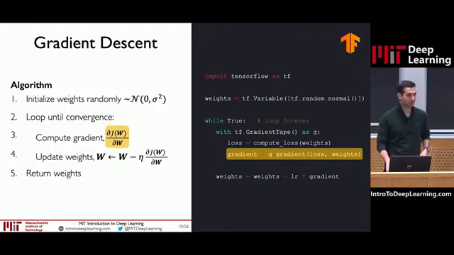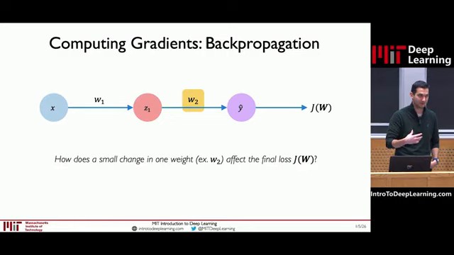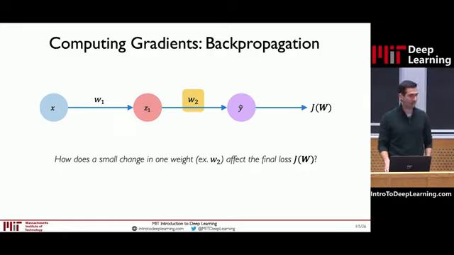So let's talk about actually computing the gradient for a neural network, and this is a process known as backpropagation. We already learned about forward propagation of information through the model. Now we'll learn about backpropagation, which is how to actually compute the gradient of the model. We'll start with a very simple neural network to illustrate this example. This is probably the simplest neural network that you can have, which is just a single neuron with a single output as well.